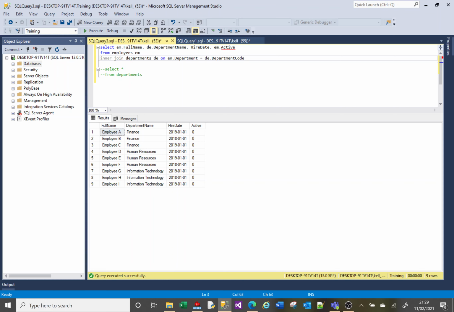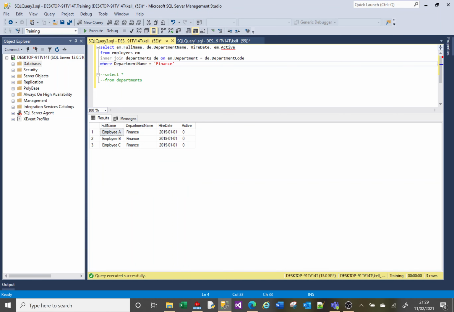The final thing for this then, you can now do your where clause. Your where clause can now reference either table. So you could say where department name equals finance, or you could say where hire date is greater than